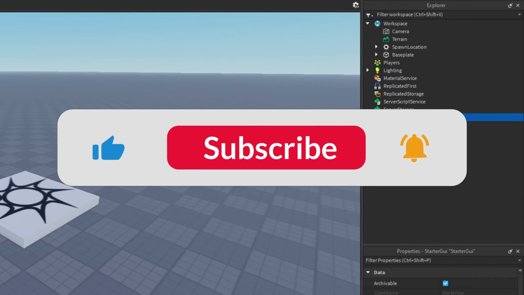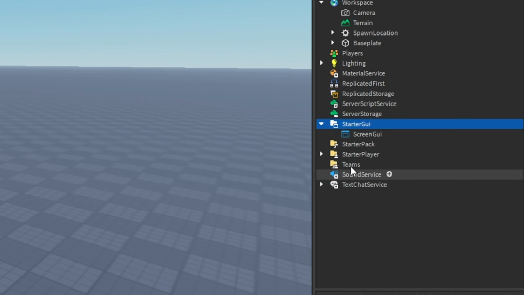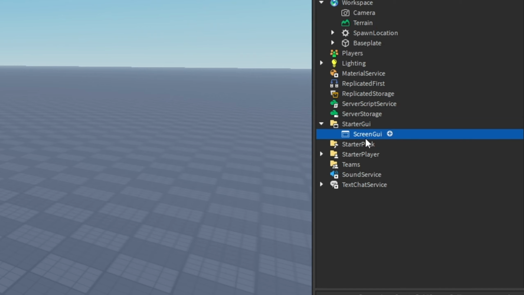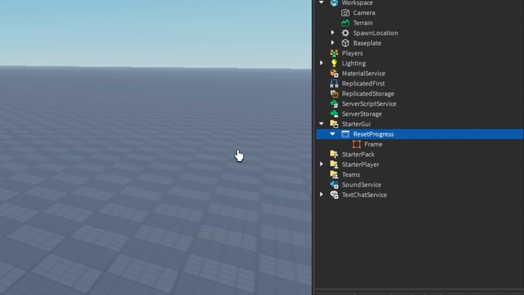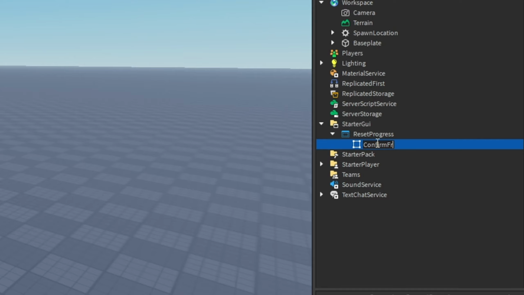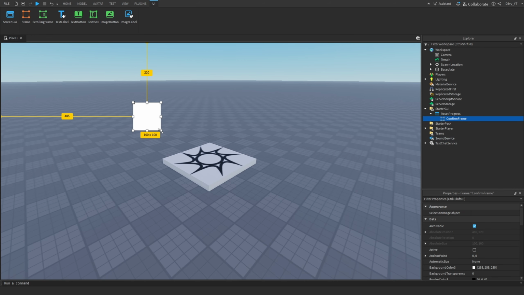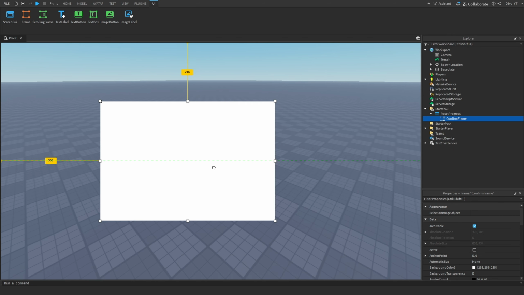and we're gonna add in our screen GUI. So you wanna go into Start GUI and add in a screen GUI. And we're gonna call this reset progress. Alright, so next we wanna add in a frame, and we're gonna name this confirm frame. And then we're just gonna resize this just about like that and put it right in the middle of